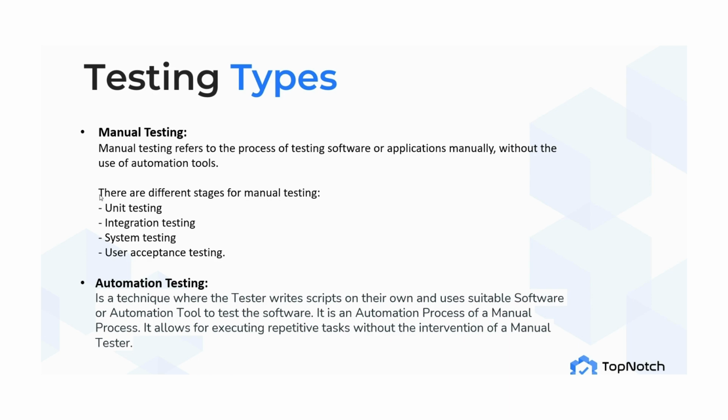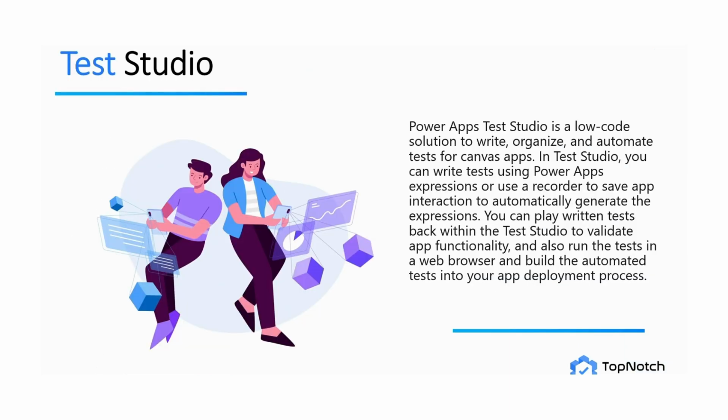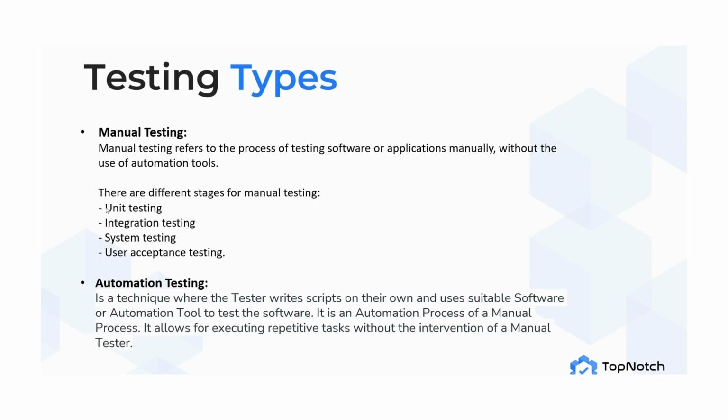But we should know that there are different stages for manual testing. The first stage is unit testing. Unit testing is done by the developer. Each developer should test each function in the code and ensure that there are no issues and this code is working properly. Then, after the developer finishes his unit testing for one component, for example, the developer should integrate